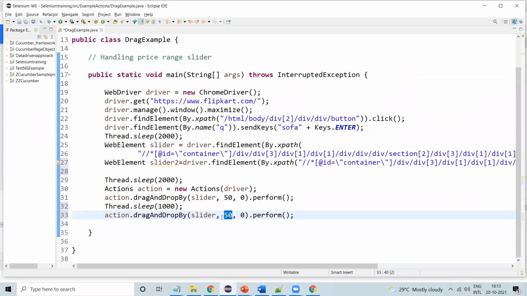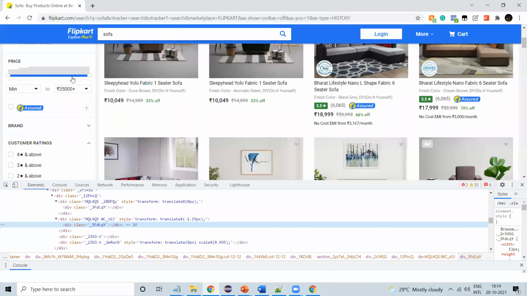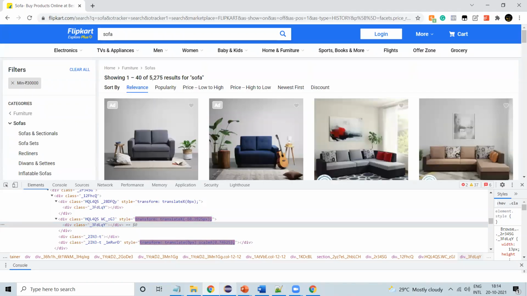I'll give minus 40, a smaller number. Same thing we are using. Here we need to give slider2, this element. We are going from here to here.